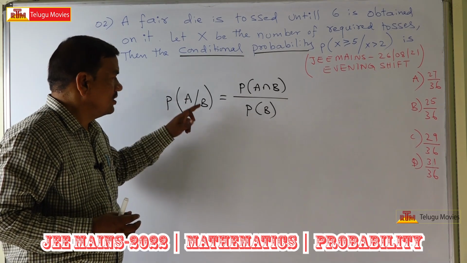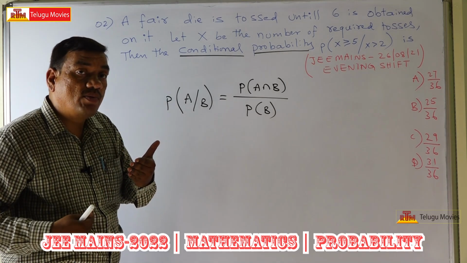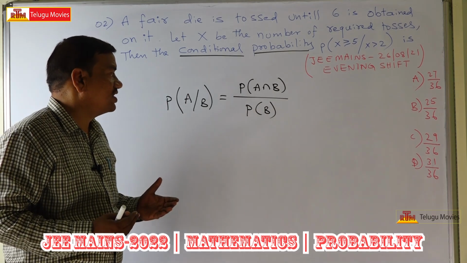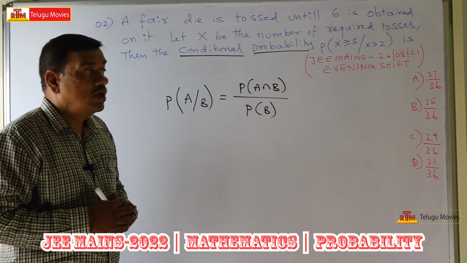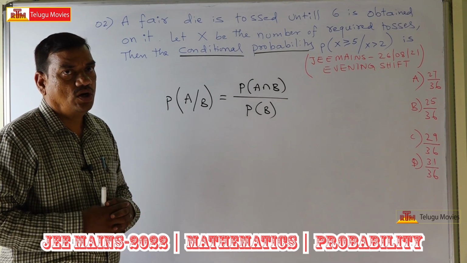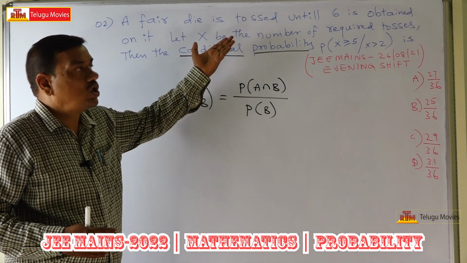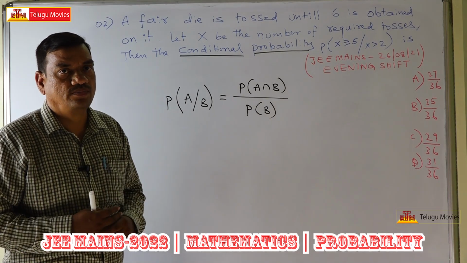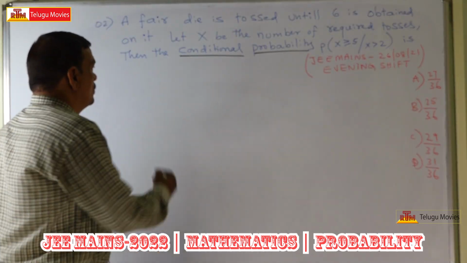Of course, probability of B is not equal to 0. Why? Because first B should happen. If it happens, afterwards what is the probability of happening of A? That is given by probability of A intersection B upon probability of B. Okay, right. So if you know that basic formula, then we can easily solve these main problems. Okay, so let us start the solution of the main problem. So dear students, welcome to the main solution. See here,